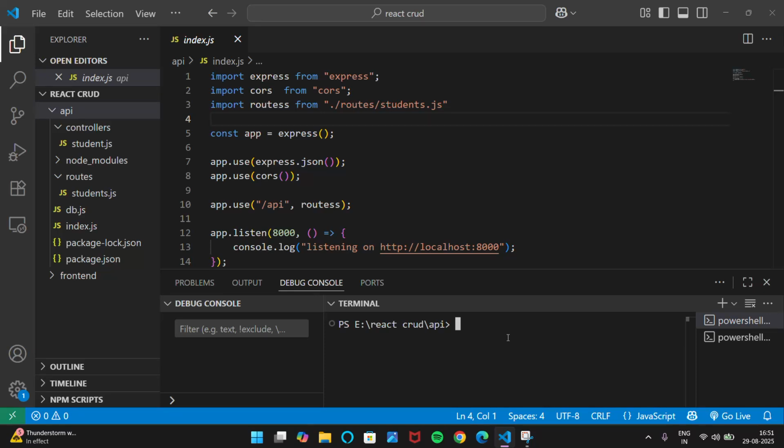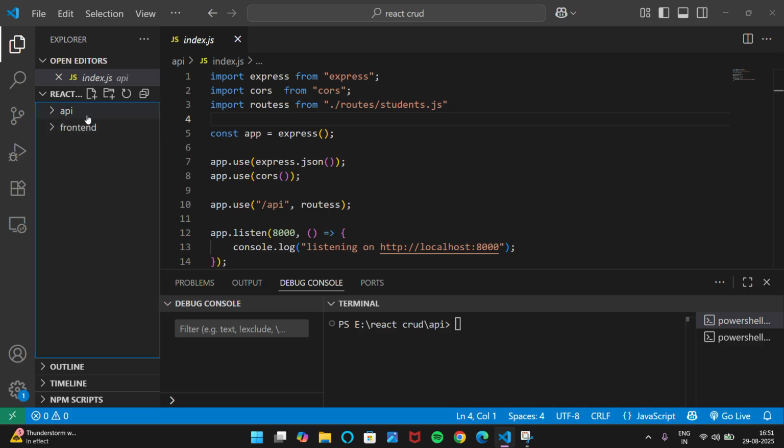To do a CRUD operation in React and MySQL, you have to create two folders, API and frontend. In the API, you need to download packages and create a package.json file using npm init -y. With this, you have to download packages like npm install